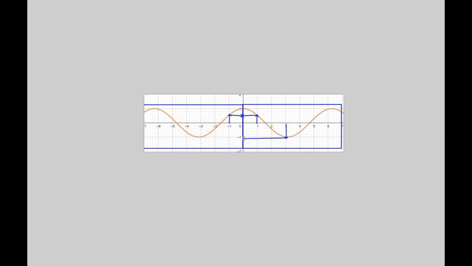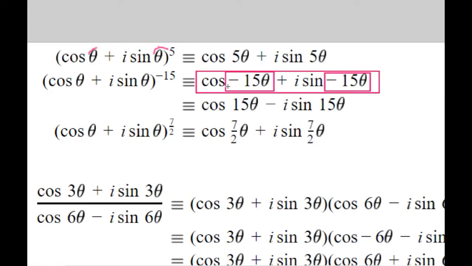So this would be a minus 1, of course. And you can see that on this diagram here, the same thing manifests. It was still producing a minus 1 for the minus 3. So the opposite number produces the same output. So this manifests itself in the algebra in that cos of minus 15 theta will be the same as cos of 15 theta. So therefore there's no need for this minus sign. For sine, it can be seen as perhaps a little bit more complicated in terms of understanding the negative, but